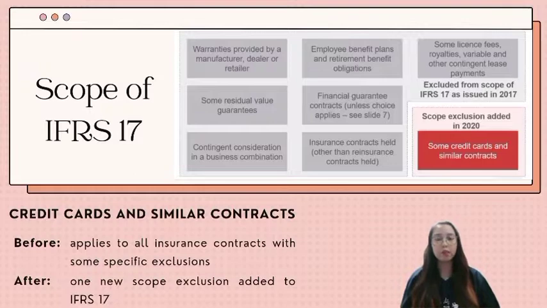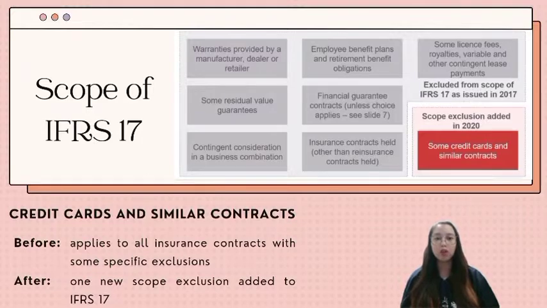Dinagdag po nila ito kasi meron daw pong mga contracts na nagpo-provide ng credit or payment arrangement, tapos nami-meet po na yung definition ng insurance contracts. Kasi inside that contract is may insurance po. So for example po sa bank, di ba yung mga account po natin like time deposit, savings, usually meron po silang insurance until 500,000 pesos. So ganun po. And dahil po sa amendment po na ito, excluded na po yung ganung contract sa scope po